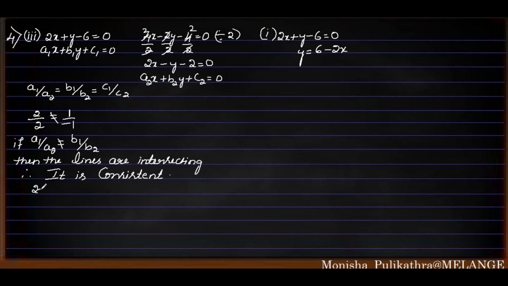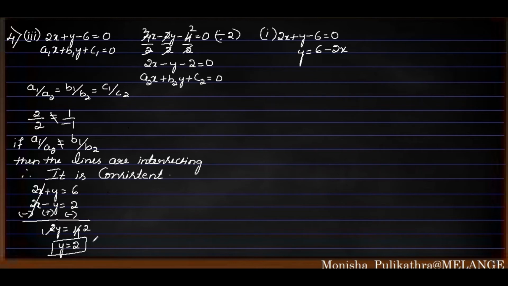Okay, so the first equation is 2x plus y is equal to 6, that is, I am taking minus 6 to this side, and the next equation is 2x minus y is equal to 2, since I am shifting this minus 2 to the right hand side. Okay, next I will be changing the sign. So here plus 2x and minus 2x cancel each other. Here plus into plus, like signs, we need to add. So it will become 2y is equal to 6 minus 2, which is 4. Okay, so 2 ones are 2, 2 twos are 4. So y is equal to 2.